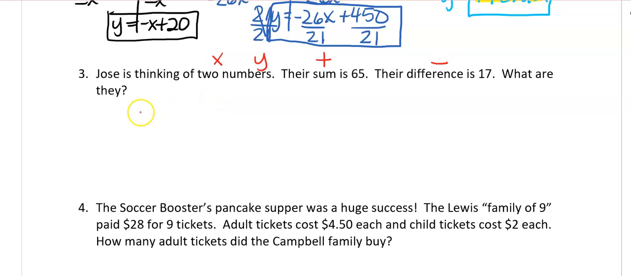I don't know what they are. Their sum is 65. So when I add that x and that y together, I'm going to get a 65. And when I subtract it, I'm going to get a 17. And it doesn't matter which order you put these in because it's going to give you the 2 numbers. That's all it is. Okay, so let's put these both into y equals so we can enter them in our